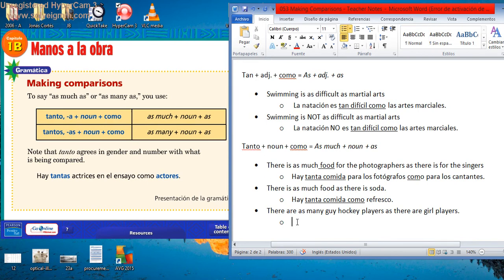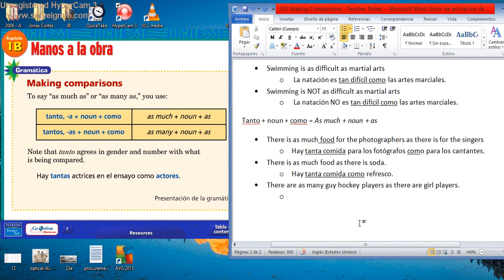So there are as many guy hockey players as there are girl players. And so I'm going to say there is, and there are. The same one. We marry them both, and we just put in hay. There is or there are. They both need hay. Hay tantos jugadores. Now, why did I do masculine there? Because I wrote in los jugadores. I could have said las jugadoras too. I would have put in tantas, right? So hay tantos jugadores